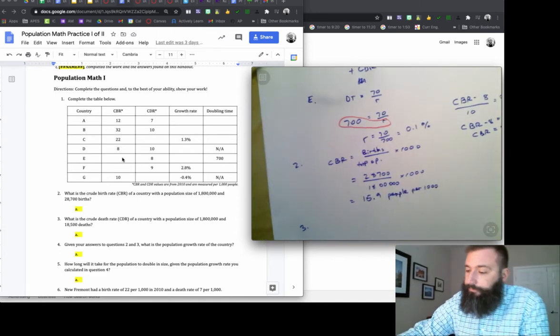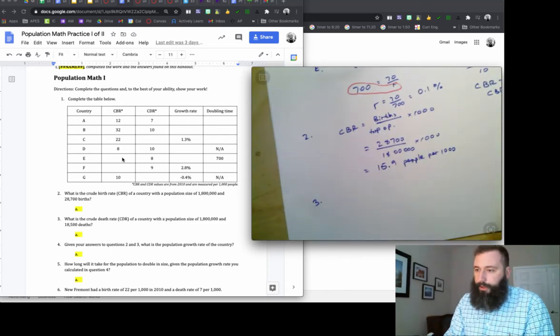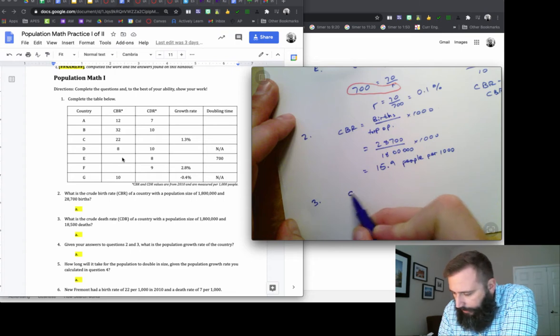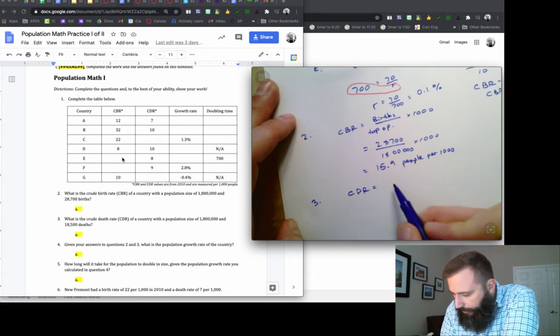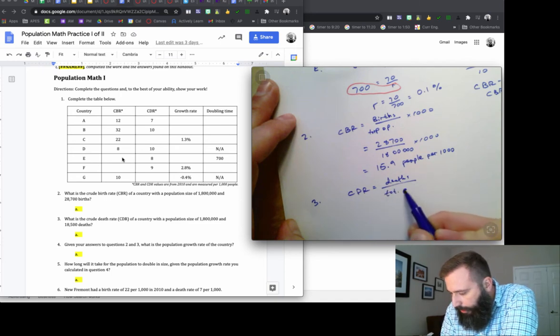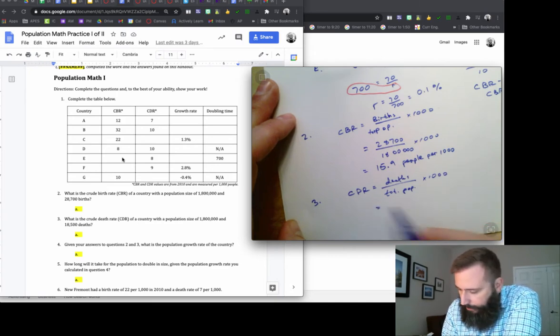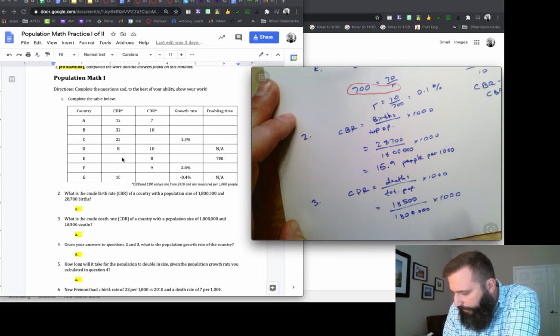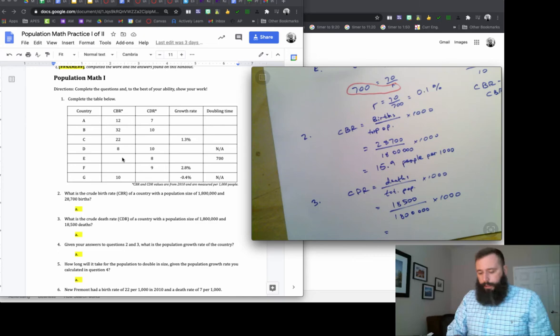I'll do it. Let me adjust my paper here. CDR is equal to deaths per total pop of a country. We'll multiply it by 1,000 to standardize that number. Let's see, question 3, 18,500 deaths per 1,800,000 individuals. Multiply that by 1,000. And we get